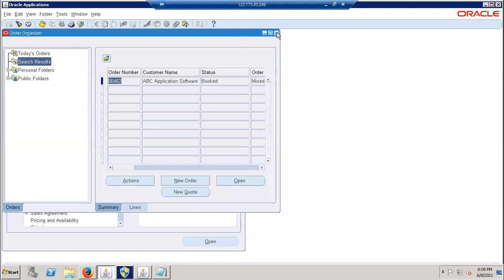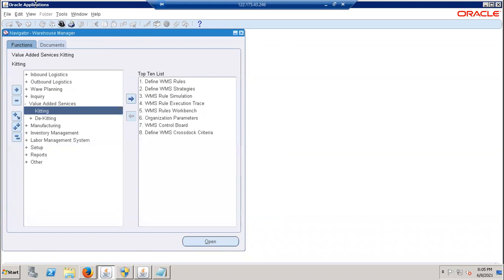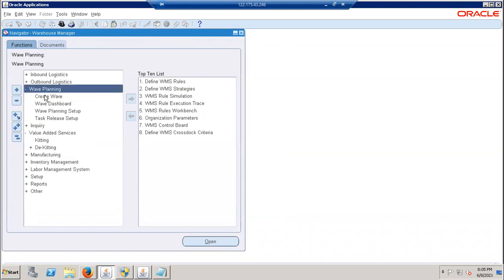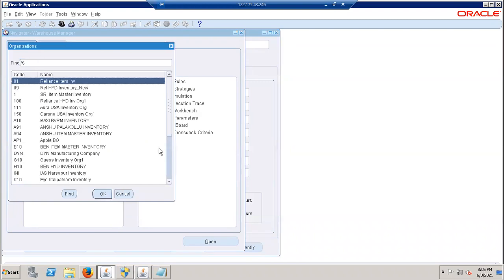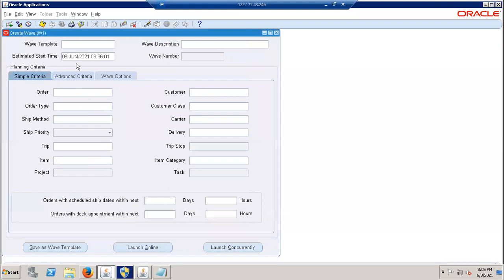Okay, so now wave planning we are doing based upon the customer. Okay, go to warehouse. Okay, go to the wave planning.